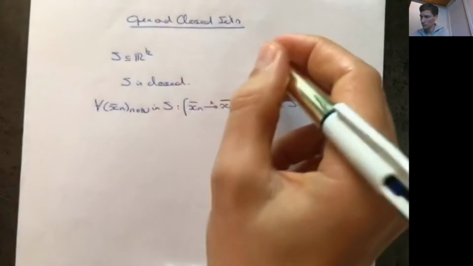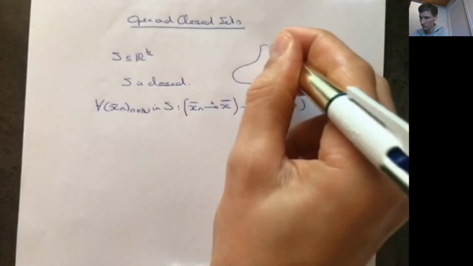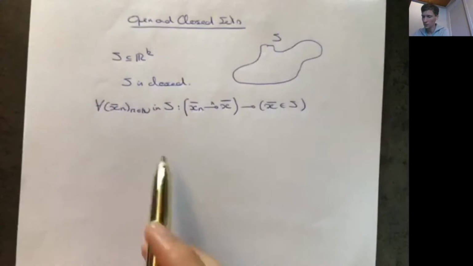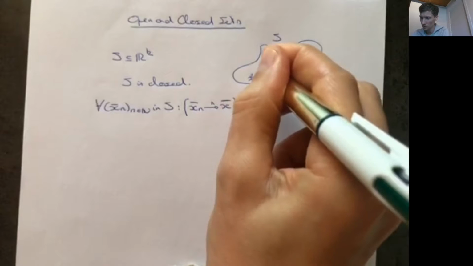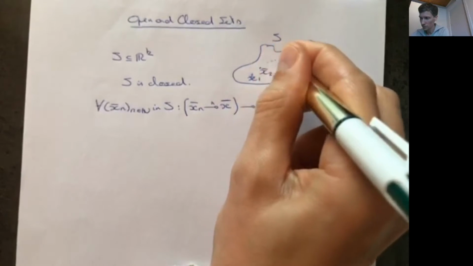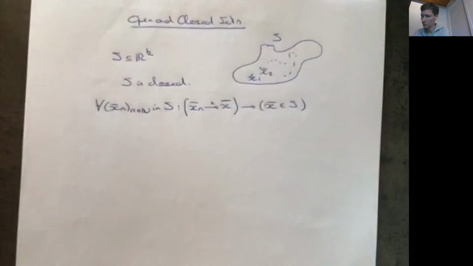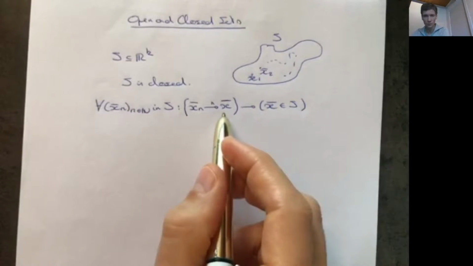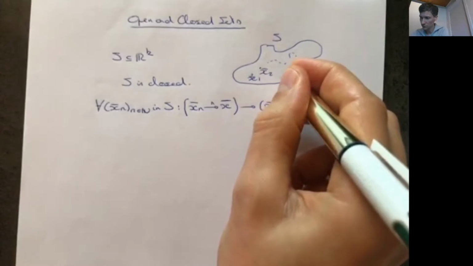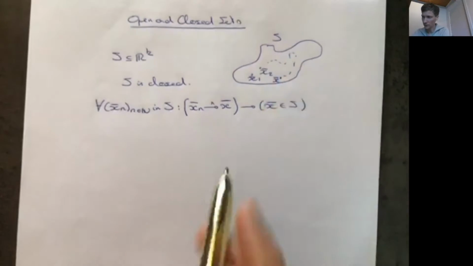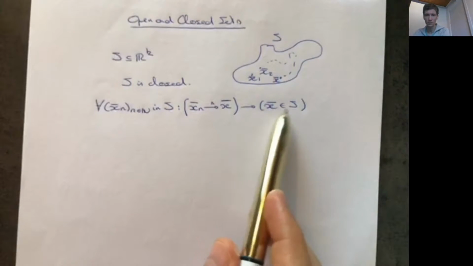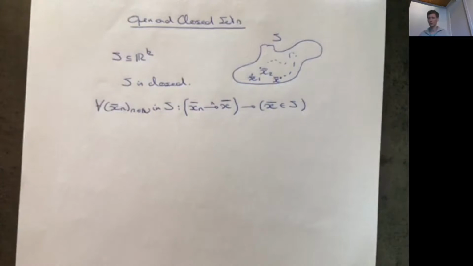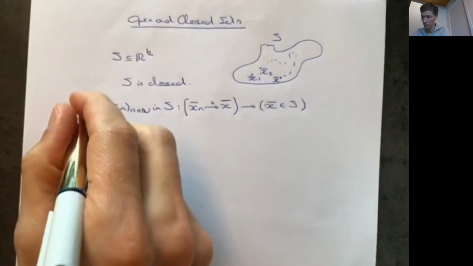Okay, so for example, if this is my set S and I have a sequence, so any sequence of vectors in the set, this could be x1, I could have an x2 and so on, right? So this is a sequence of vectors. If this sequence converges, for example, to this vector x here, then the limiting vector should be in the set. And this should hold for any sequence of vectors in the set that you can think of. So this is the definition